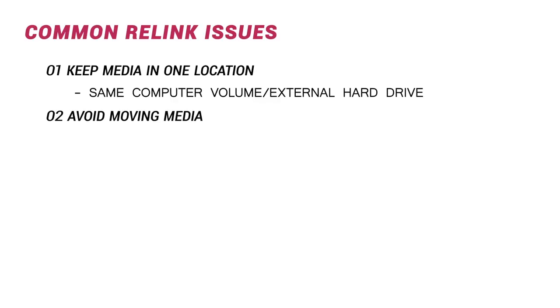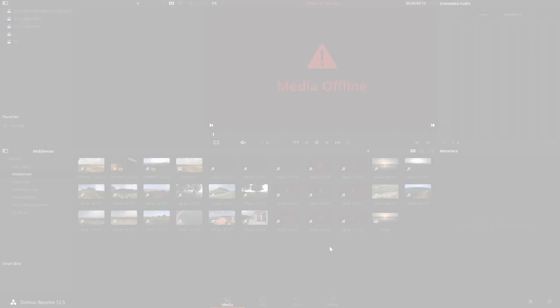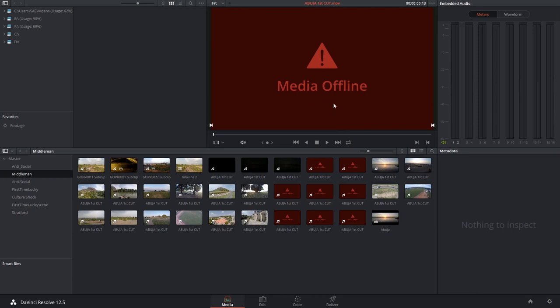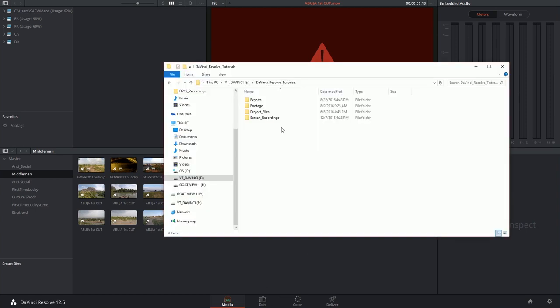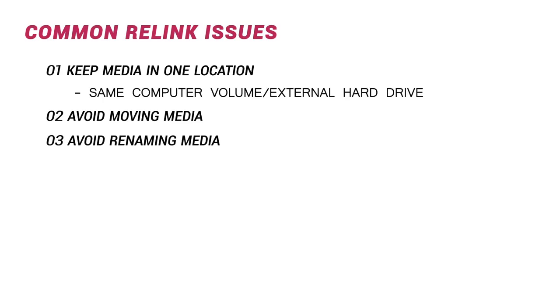The next thing I'd recommend is to avoid moving stuff around after you've already started working on a project. I've stressed the importance of housekeeping before, but if you plan on doing that, then you should really do it before you start the project. Don't start tidying things up afterwards because, again, that could create more issues than it's worth. Of course, you can always reconnect these lost connections in DaVinci Resolve, but if you want to avoid constantly seeing the media offline symbol whenever you log into your projects, then stop making small changes to the names of your folders and your files. Speaking of which, avoid renaming your video files as well,